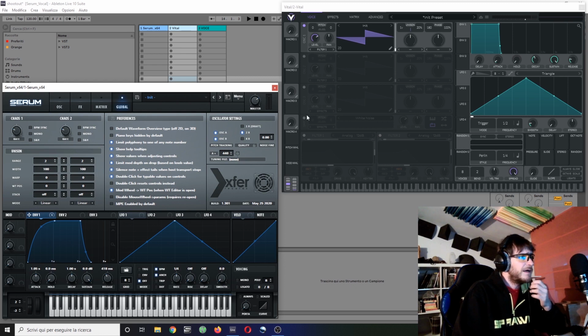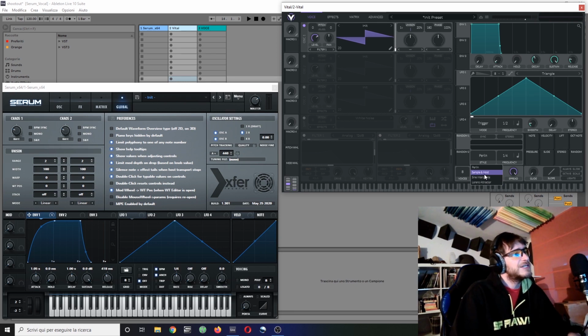Here in Vital, on the other hand, you get a bunch of different options. There's this Perlin and sine interpolate, which are kind of smooth. I don't really know too much about the difference between Perlin and sine interpolate, but there's still not a manual, as I mentioned, for Vital, so I cannot really refer to any documentation, just to my sensations on using them and playing with them. Sample and hold, which as you would expect is steppier, and there's this Lorenz attractor,